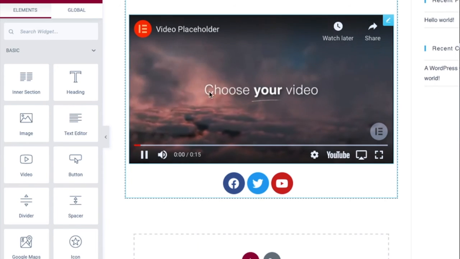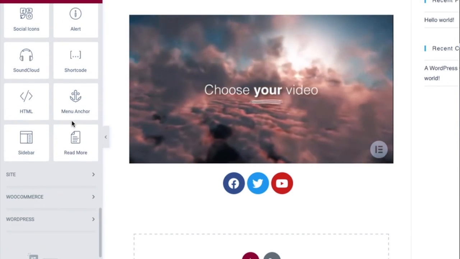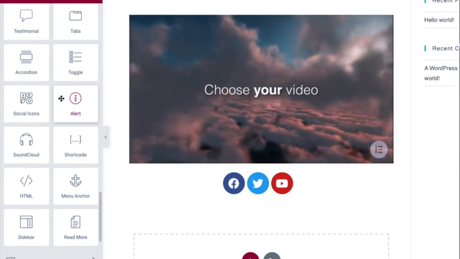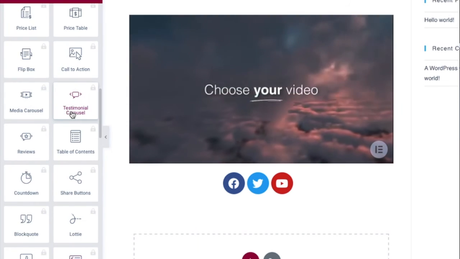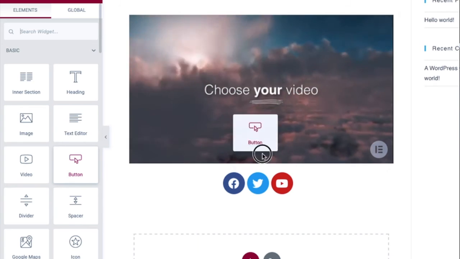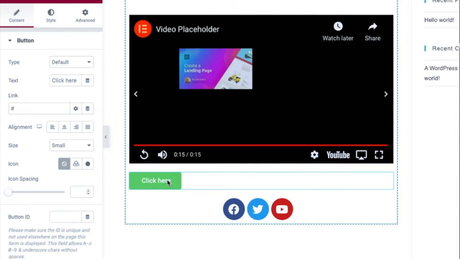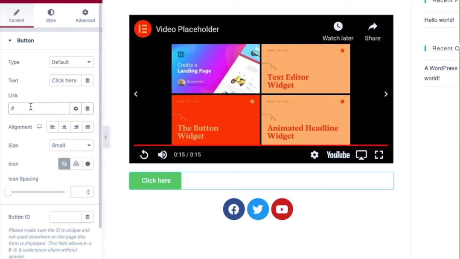So it's showing to choose your own video. Now you'll be having some other buttons also, wherein you will be able to invoke some content or redirect to a link. So I'll add a button here. This will take me to my YouTube channel. So let me just try to specify the link and check it out now.